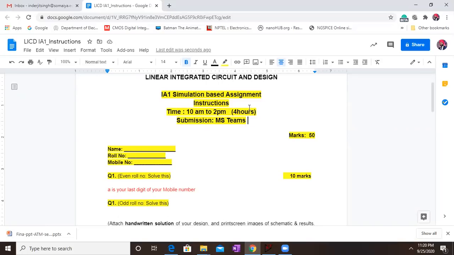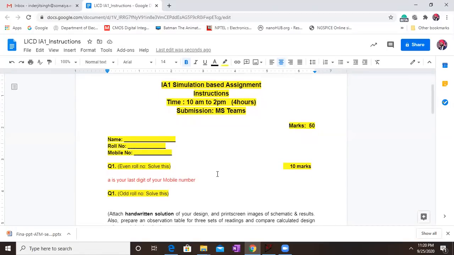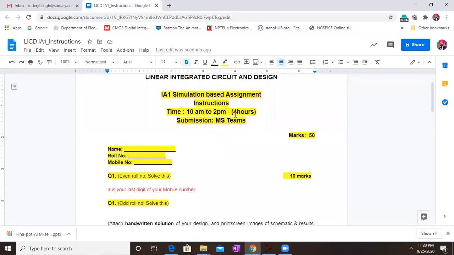Be ready with your solution around 15 minutes or 10 minutes before. Later on, we won't be extending the timing at all, so your IA1 will be missed out. Please make sure that you submit well within around 1:30 or 1:45 p.m. Surplus time is given to you, so don't request a last minute extension of time. It won't be tolerated.